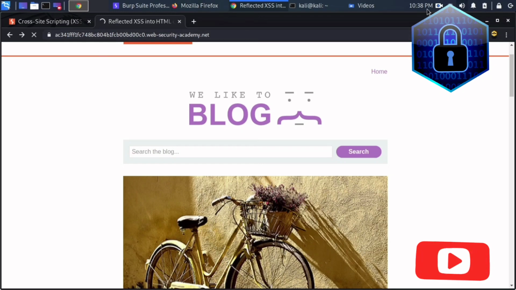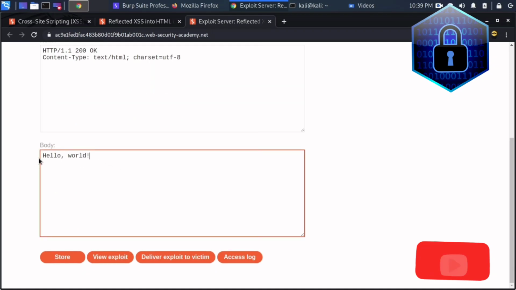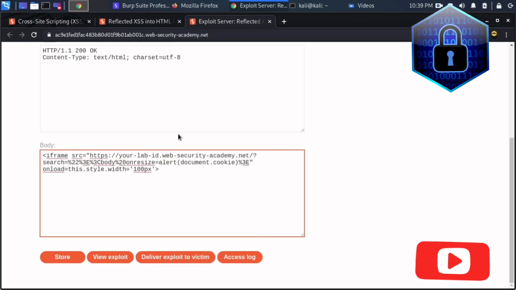I'm pausing now. Hi guys, now it's open. So what I will do here is put the iframe. This is the same URL which we are using in this search bar.